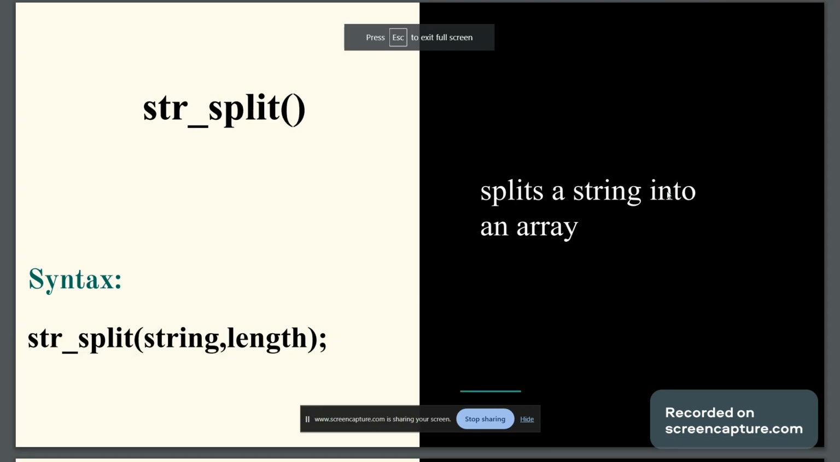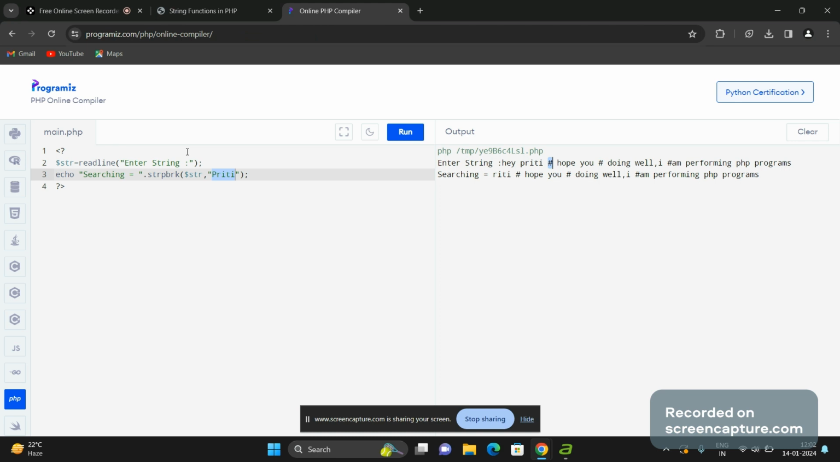Next function is str_split function. It is used to split the string into an array. Syntax is str_split(string, length). So it will split the given string into the mentioned length. So we will have a complete string, and here we can display